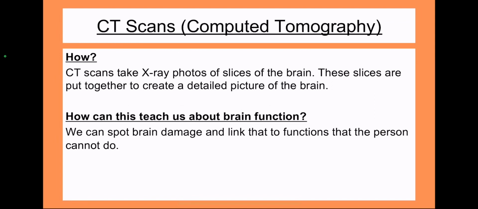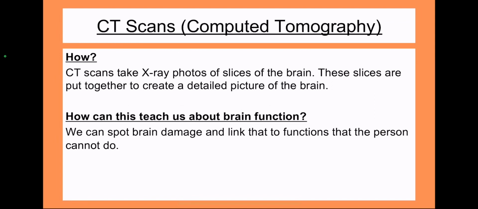The CT scan basically works by taking X-ray photograph slices of the brain, and we will put these slices together to create quite a detailed picture of the brain. Now, whilst these are photographs and they're not live images, so we can't directly see what part of the brain is active at that precise moment in time, what we typically use them for with psychology is